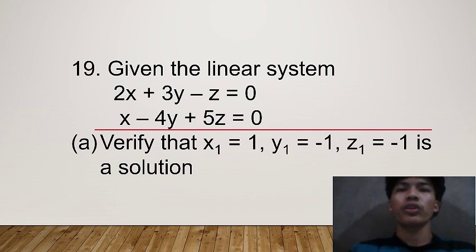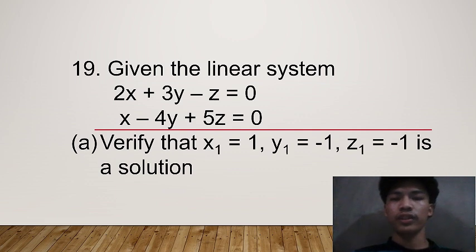Today we are going to answer this problem. The given linear system has equation 1, 2x plus 3y minus z is equal to 0, and the second equation, x minus 4y plus 5z equals 0. The question says, verify that x sub 1 is equal to 1, y sub 1 is equal to negative 1, and z sub 1 is equal to negative 1